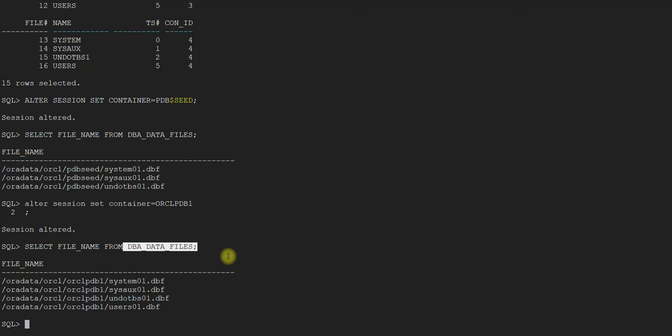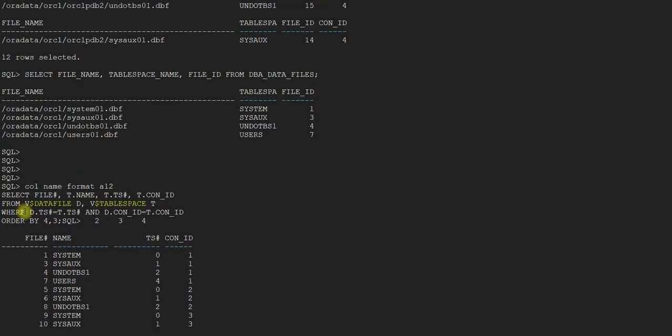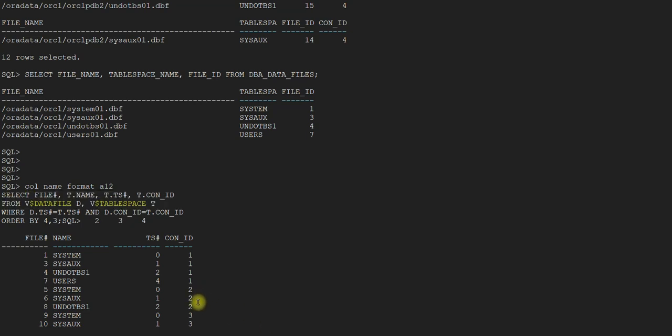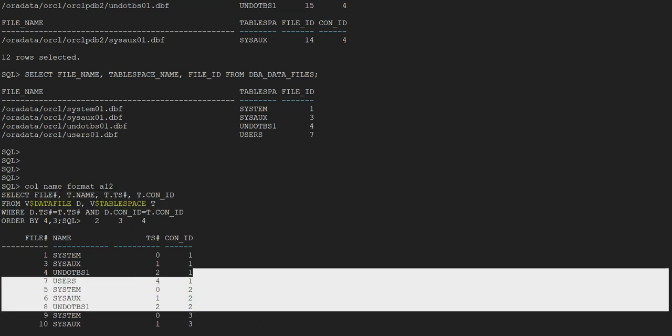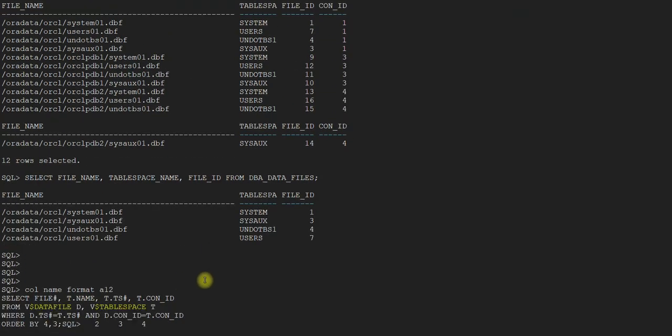But being in a specific container, let's say being in PDB seed or in a specific PDB, you cannot do a reverse action. You cannot get the details of CDB root itself. Okay, you will get the local details. So that is what the difference is. V$DATAFILE and V$TABLESPACE will give you the container ID 2 values as well, the file names of container 2 as well. That you saw.